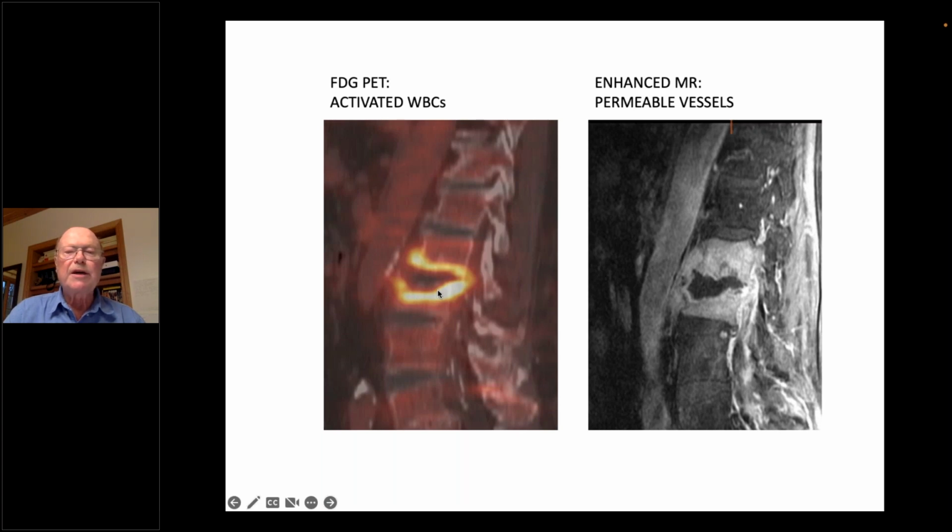FDG labels the white cells specifically, but the enhancement and edema on MR is the result of cytokines and other vascular agents that diffuse away from the white cells until they're stopped by a barrier, in this case the cortical bone in the end plates or longitudinal ligaments, or until they're diluted sufficiently to lose effect. And that's why FDG PET allows you to